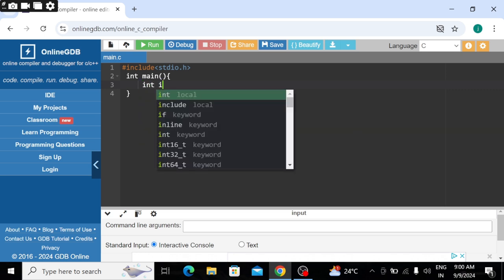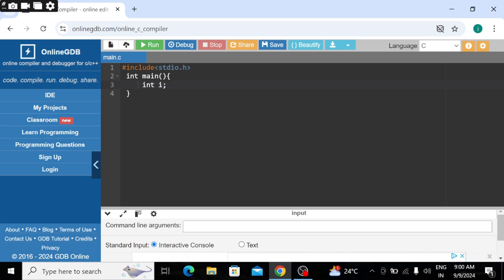i for indexing, int i, and j for swapping elements, and n for storing the number of elements. Loc for location, min for the minimum element, temp for the variable that is used for swapping the elements, and lastly we declare the array and its size.